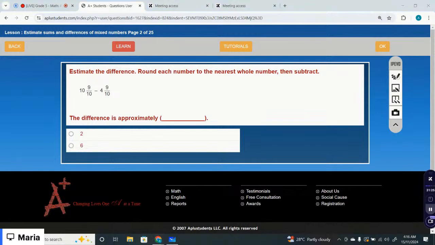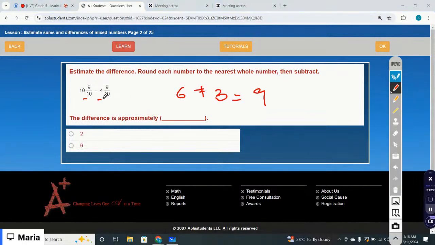Ten whole 9 over 10, right? Most of the portion is colored, so 10 is rounded off to 11. Then 4 whole 9 over 10 is also rounded off to 5. So 11 take away 5 is